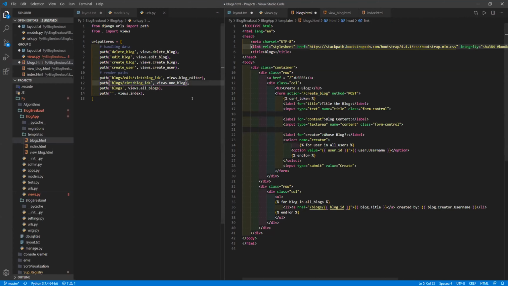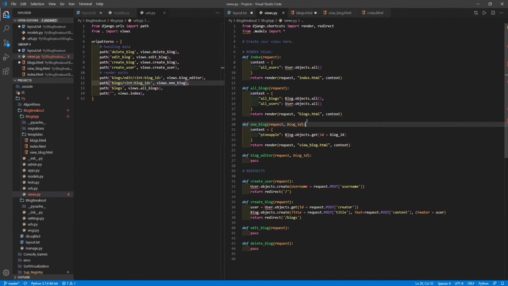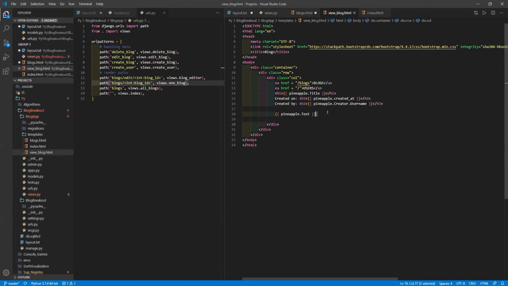Right? Yeah, exactly. Well, first it takes me to here. This is 1 because that's what I sent through the URL. That gets turned into 1. So my blog.objects.get, I get the blog object with the ID of 1, and then I send it through to my context, which shows up here with my blog ID 1. Does that make sense? Yes, and then going back to the blogs.html,